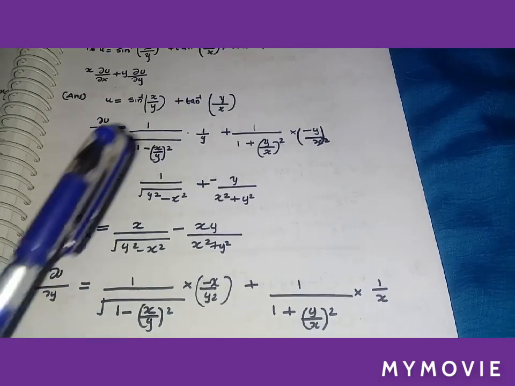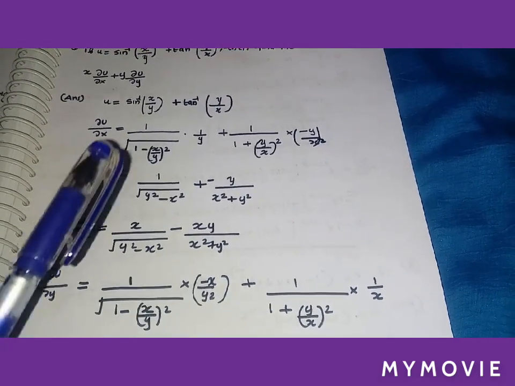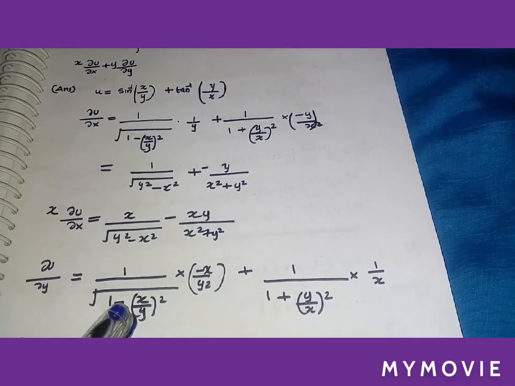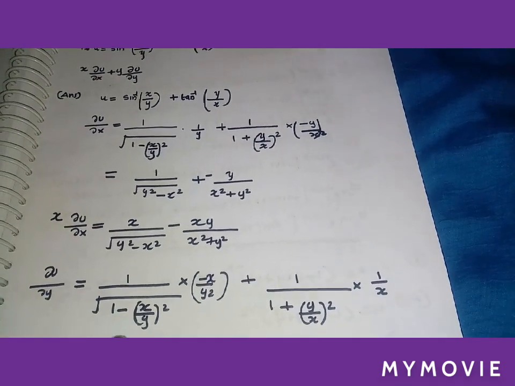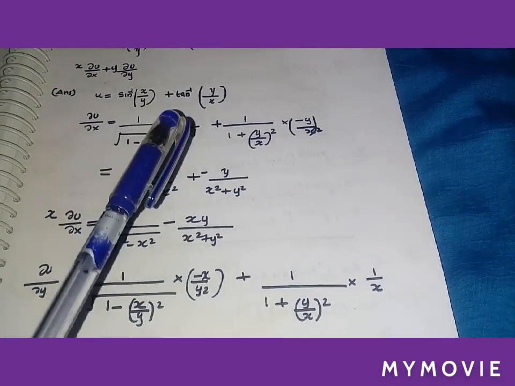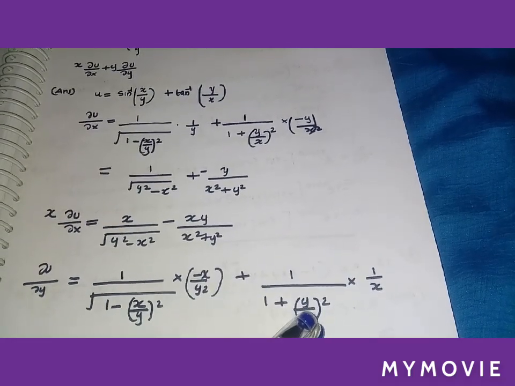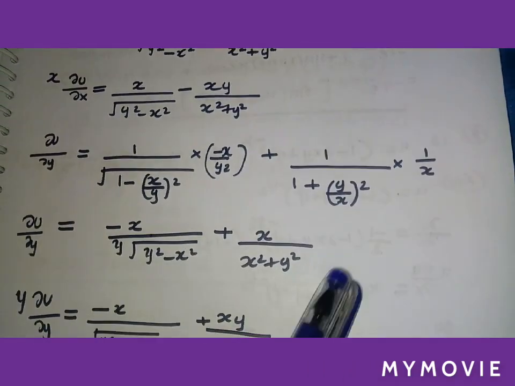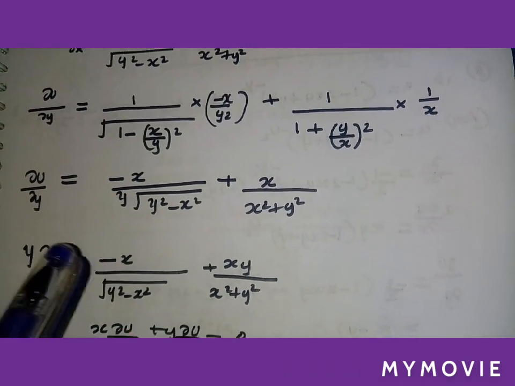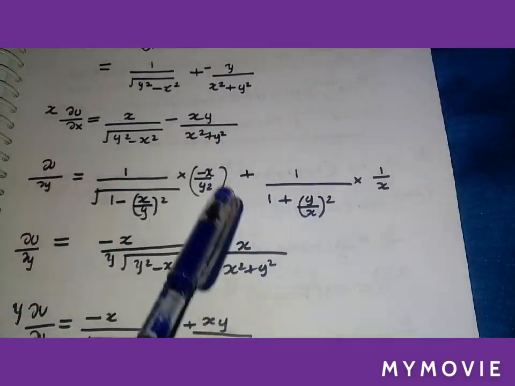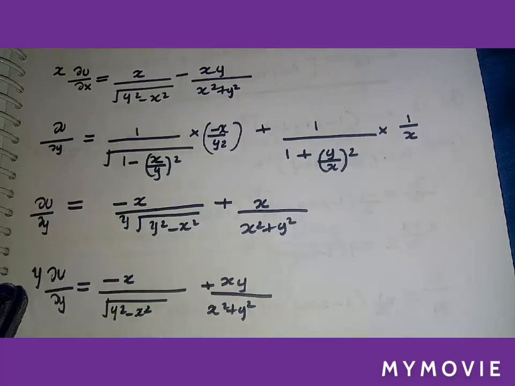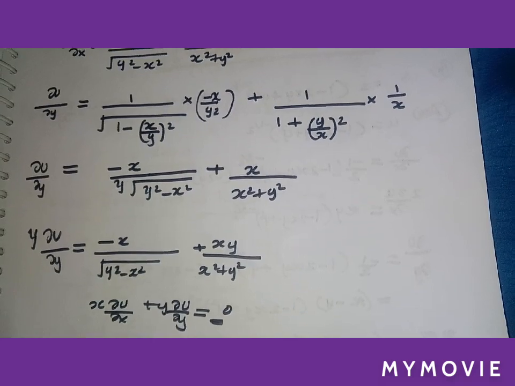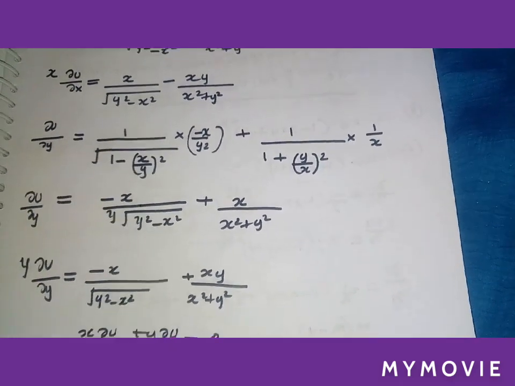So we consider x as constant and y as variable. So here sin inverse derivative, that is 1 by under root 1 minus (x by y) whole square, and the derivative of x by y with respect to y means minus x by y square, plus tan inverse derivative, that is 1 by 1 plus (y by x) whole square. Here the derivative of y by x is 1 by x. So after simplification and multiplying with y, we get the answer like this. So we get x ∂u/∂x like this and y ∂u/∂y like this. In the question, x ∂u/∂x plus y ∂u/∂y is equal to 0 here. Okay.